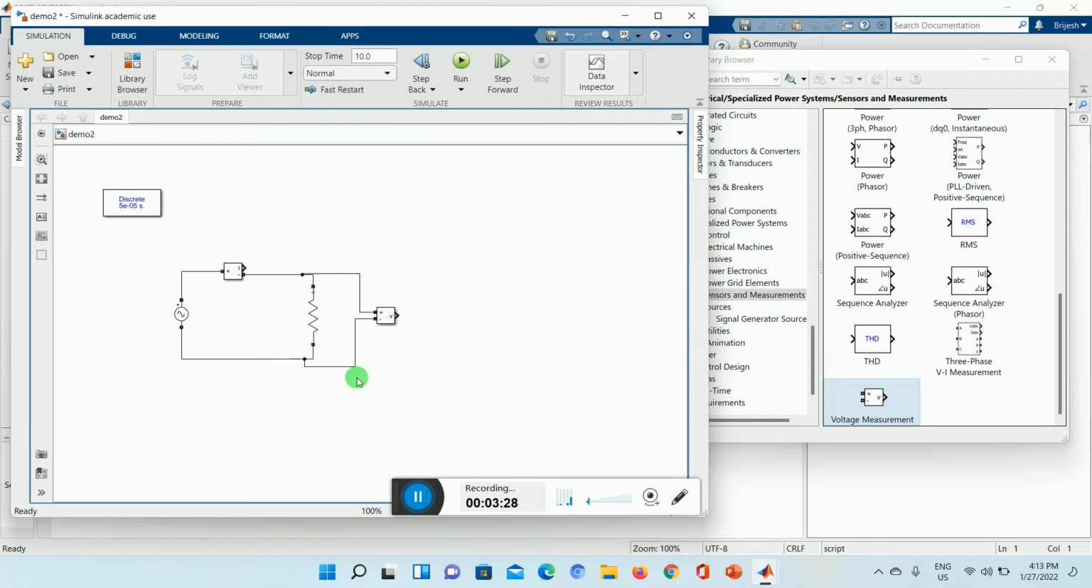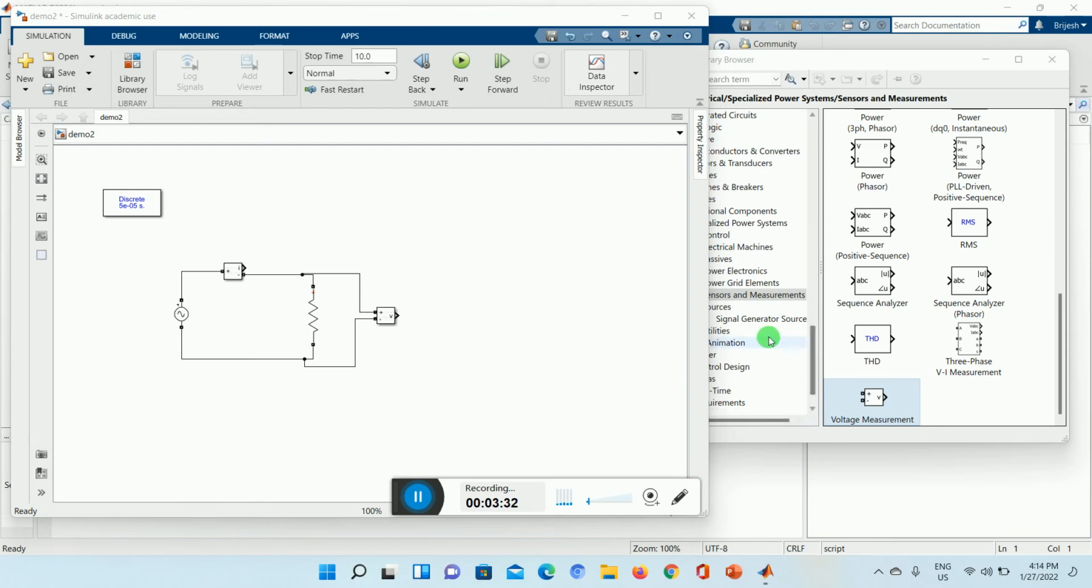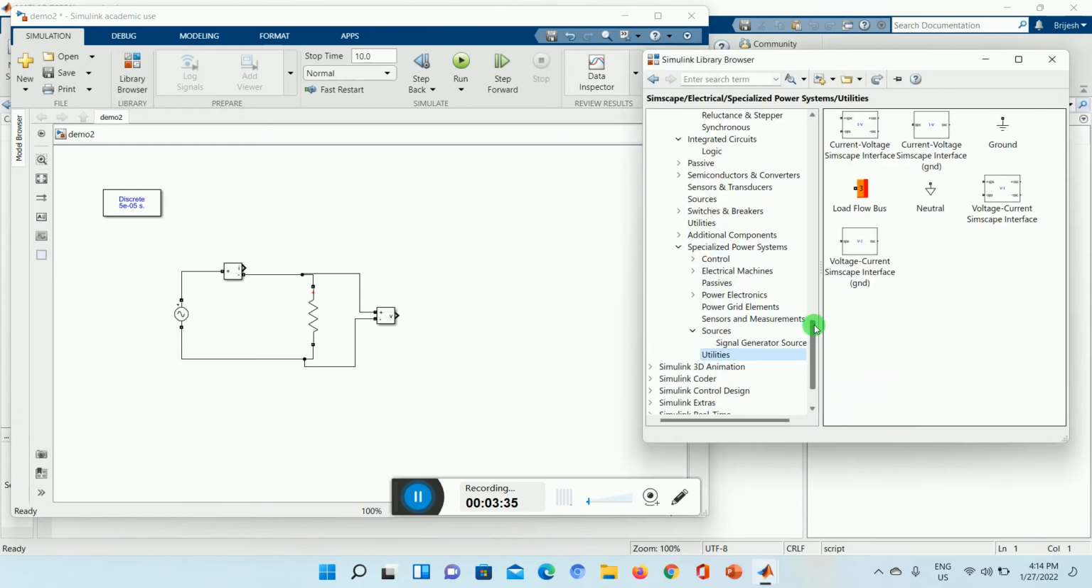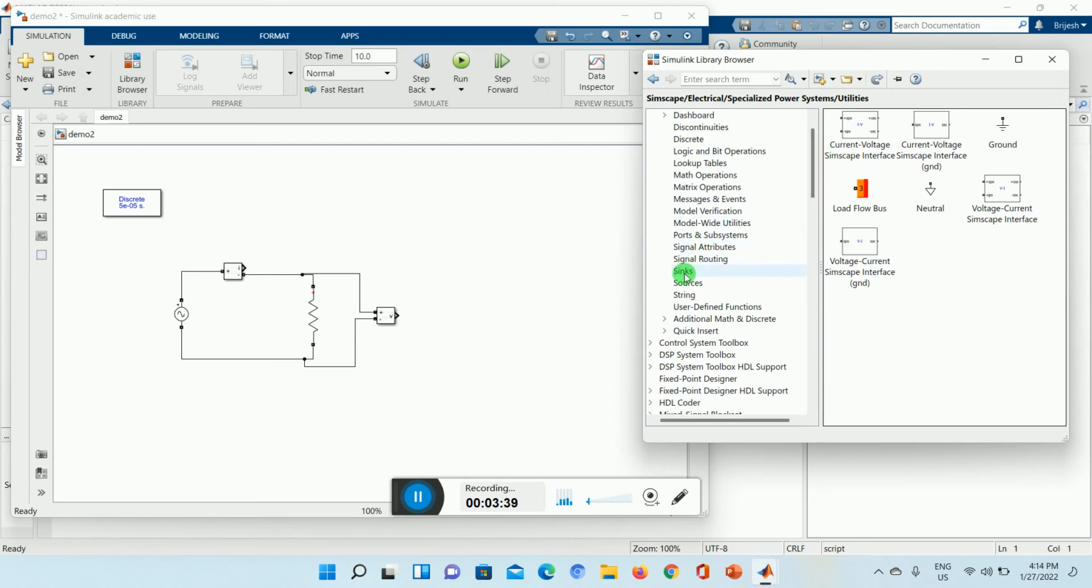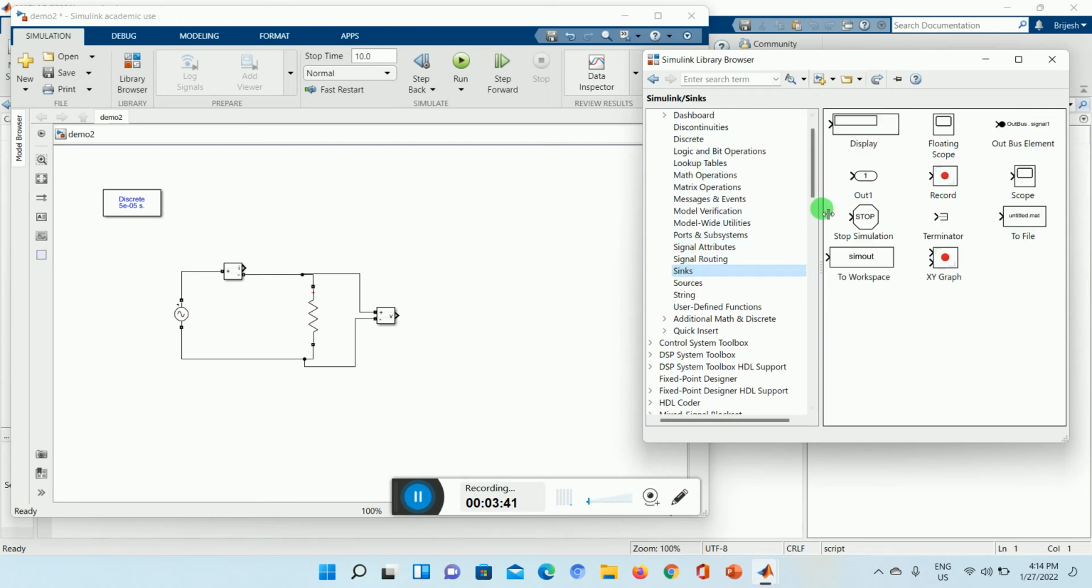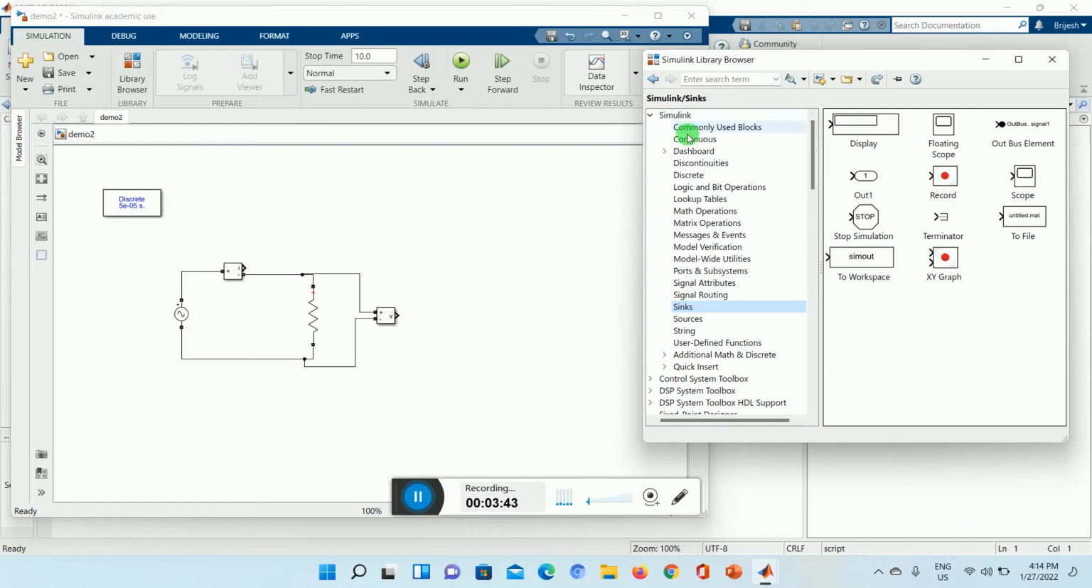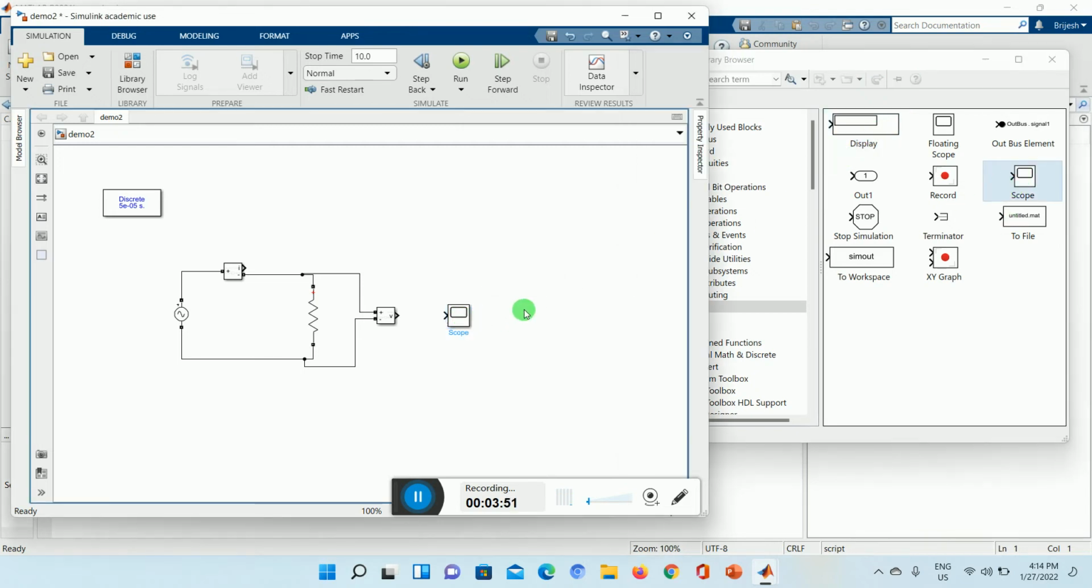Then we will go for a scope. It will be better if we have a scope. So the scope will be available in Sinks. Sinks is here, in the Simulink commonly used blocks. Inside this we can have a display, not display, we'll take a scope. So now if I double click on the scope,